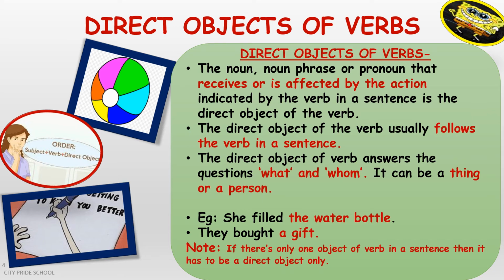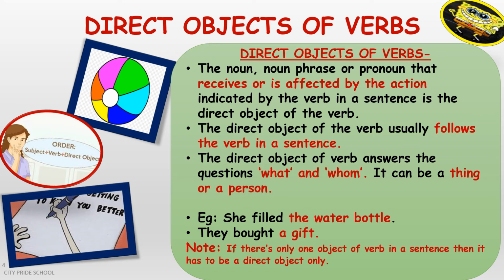So like in the example that I gave you, Stuti threw Priya a marker. So what is Stuti throwing? Marker. So marker is directly receiving the action, that is throw, and if you see, marker is coming after the verb throw, and hence it is direct object.